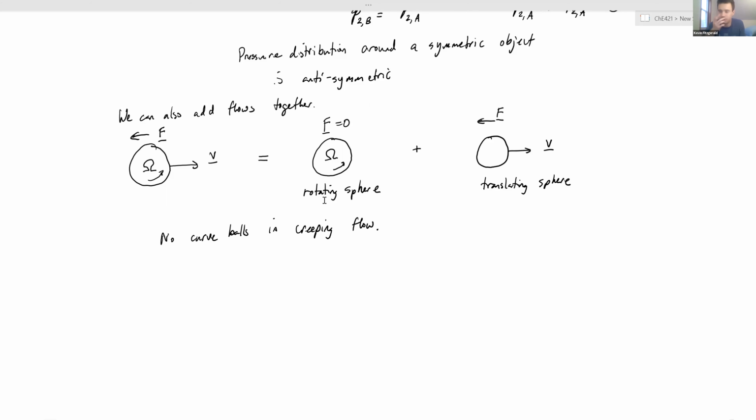Can you explain what it would do if it wasn't creeping flow? Yeah, that gets into the Magnus effect and all of that. Like a spinning ball. If you've played tennis, you give top spin. If you play ping pong, if you've thrown a curveball, then that's what would happen. In reality, if it's spinning in this direction, then there will be a force pointing in this direction, pointing up.